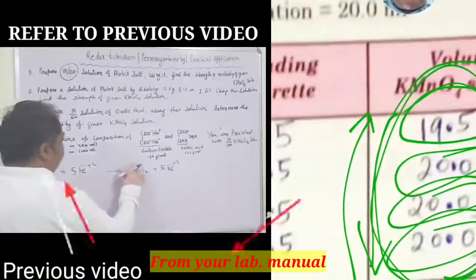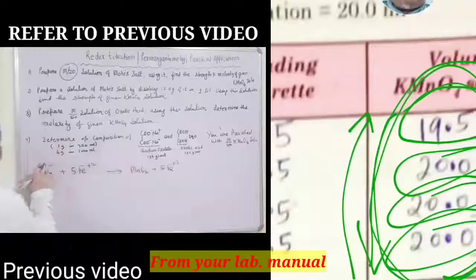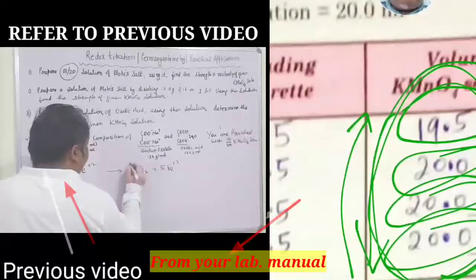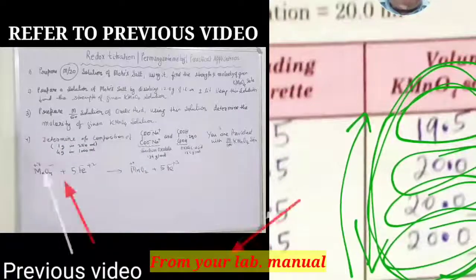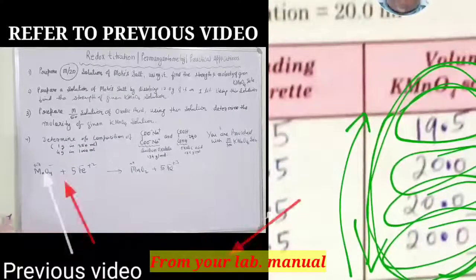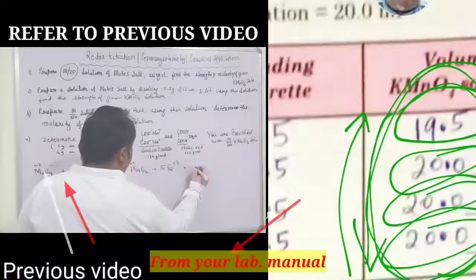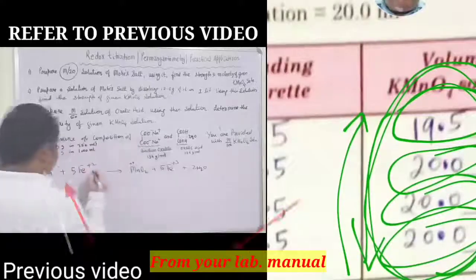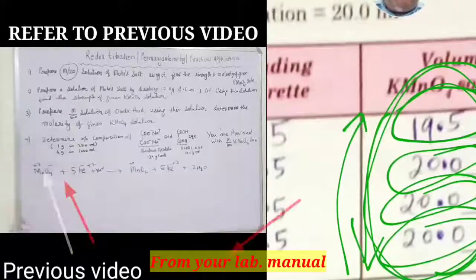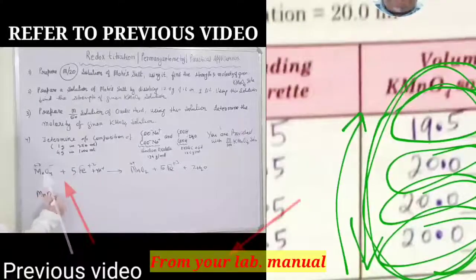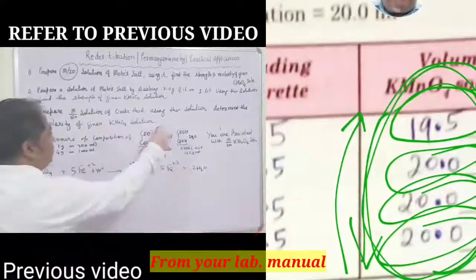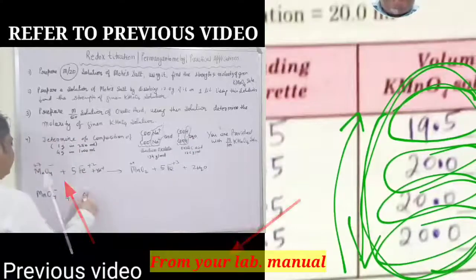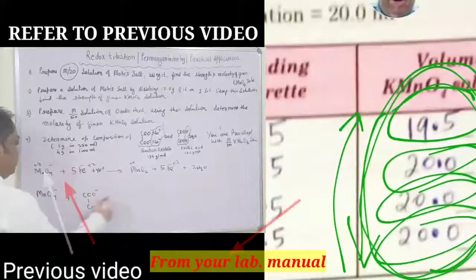18.5 to 20. There are an infinite number of decimal values, but it is suggested to use such decimal values which can be seen in the burette with proper resolution. Like, you cannot see a value in the burette or in any scale like 19.0005. So the maximum resolution or accuracy or precision of the value is 0.05 ml. So you can vary the numbers after the decimal up to 2 digits only.